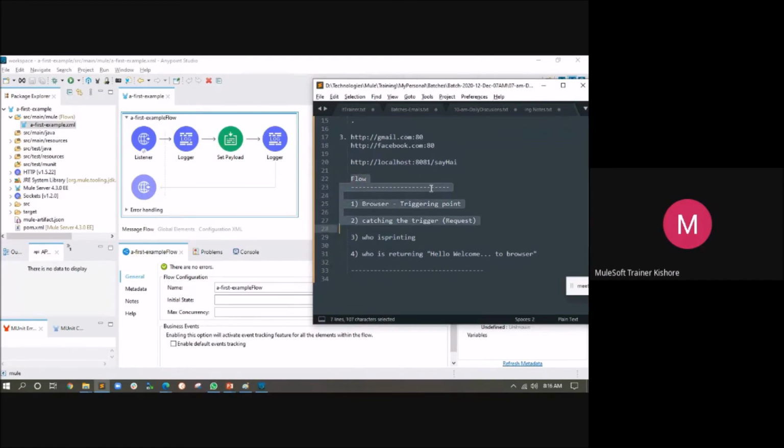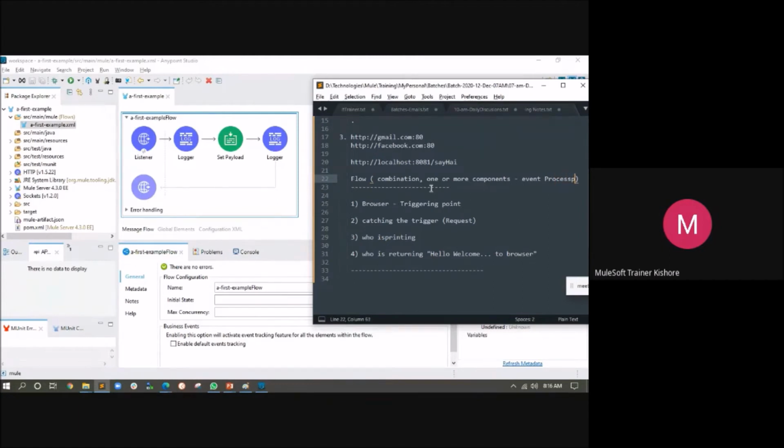Your Mule flow will contain a combination of one or more components. Generally the generic term is component, but the proper term is event processor.